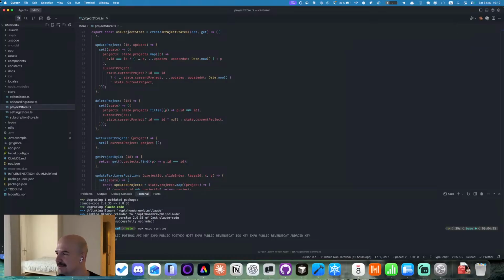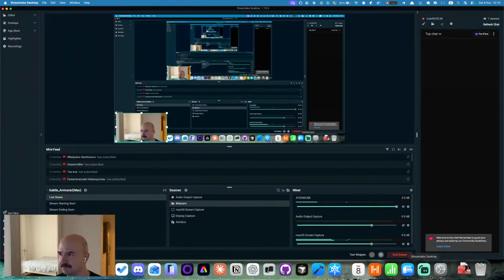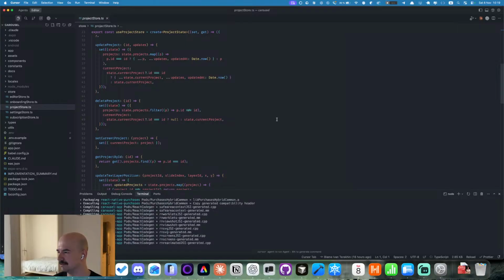Maybe my output connection is not a decent one, so maybe it's not working. Here it is working, but I don't see it working on my second display, and I don't like it.